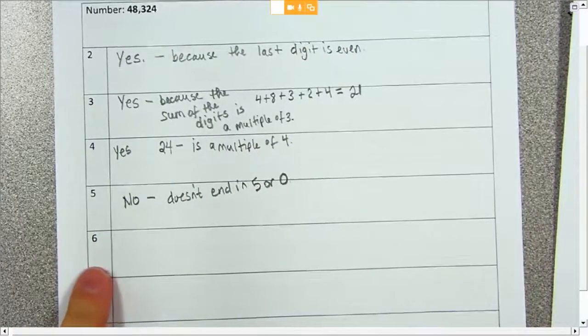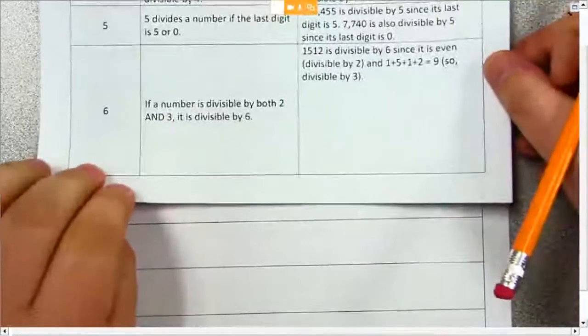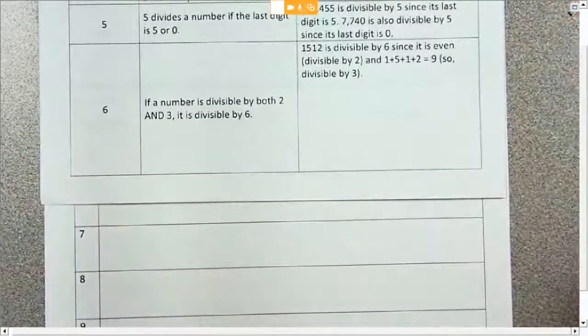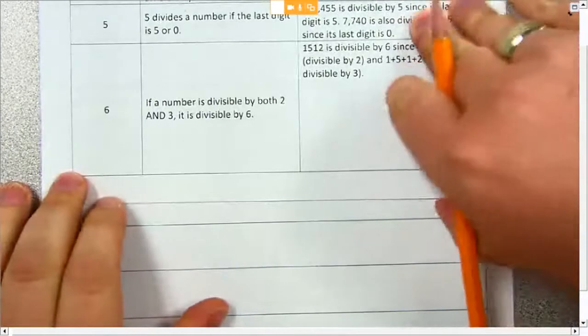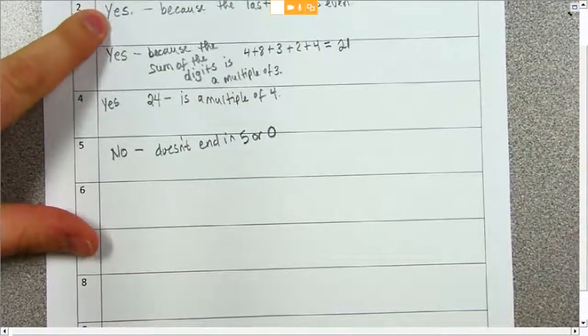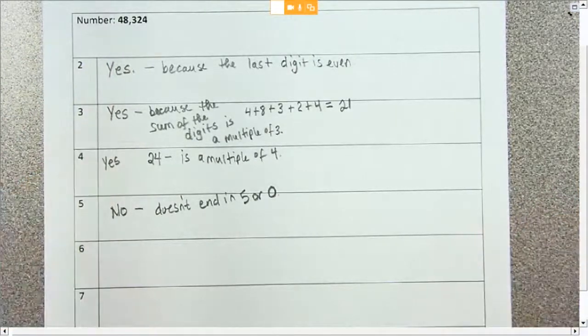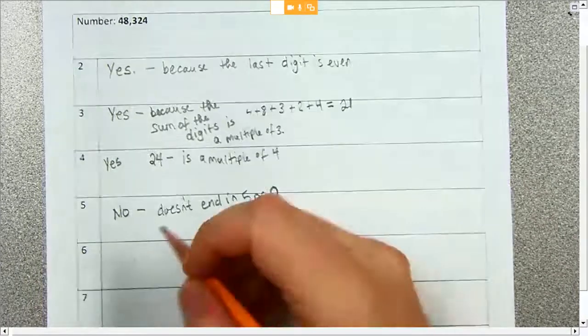All right, let's look at 6. 6 says, this is the last one on this page, if a number is divisible by both 2 and 3, then it's automatically divisible by 6. So if you have 2 and 3, then you automatically have 6. So let's look at, do we have divisibility by 2? Yes. Do we have divisibility by 3? Yes. So that means we have divisibility by 6. So I'm going to say yes,